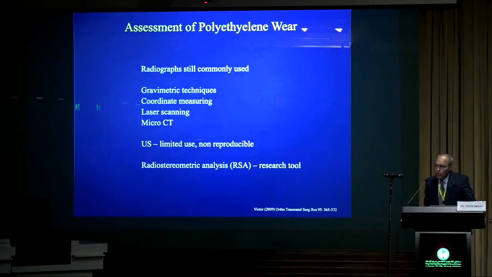In the assessment of polyethylene wear, a lot of the designs do incorporate some form of artificial material in between the metallic prosthetic surfaces, both on the femoral and the tibial side. The polyethylene wear can be assessed by radiographs, and that is probably the most common way of assessing it. Other techniques, including gravimetric measurements, coordinate measurements, laser scanning, and micro-CT, are rapid